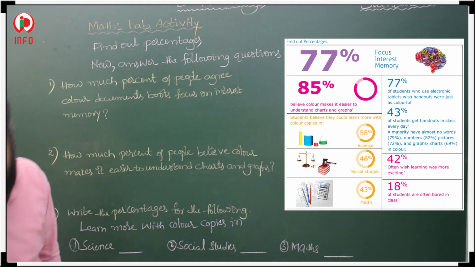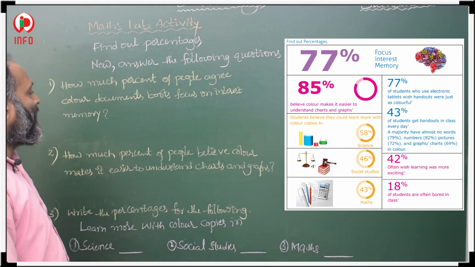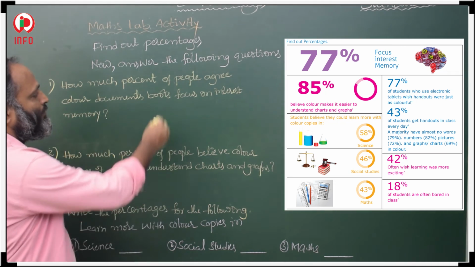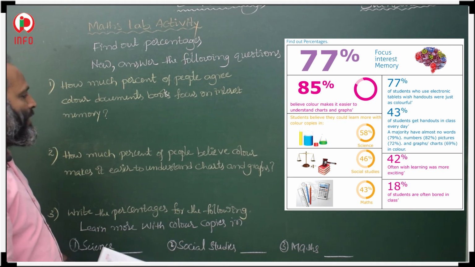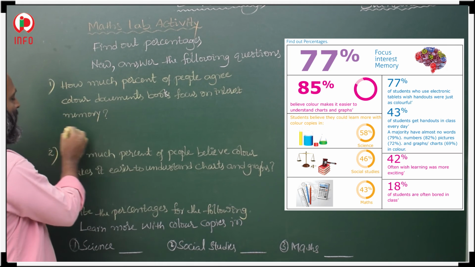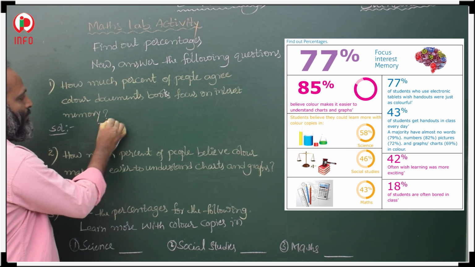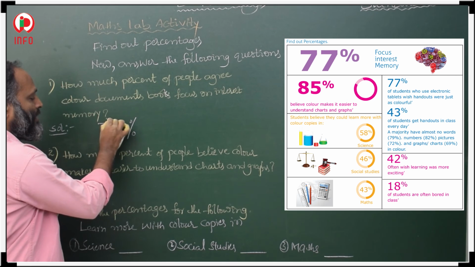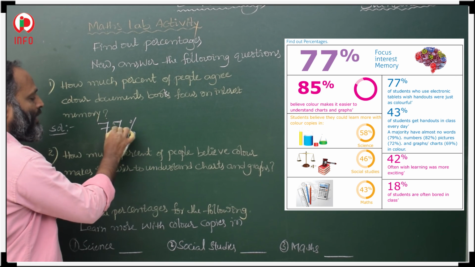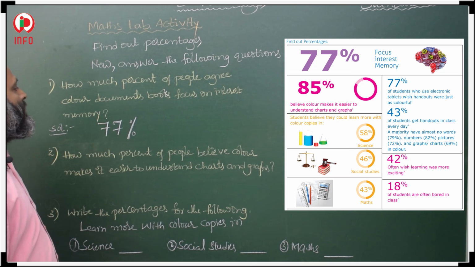What are the questions? The first question: how much percent of the people agree color documents and books help focus interest and memory? That is given in the chart, 77%. At the very beginning he gave 77% of the people, they focus interest, memory. Okay,